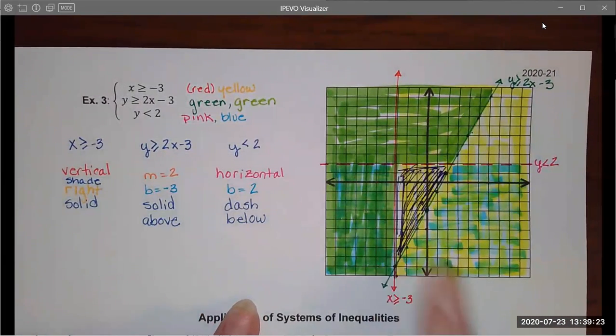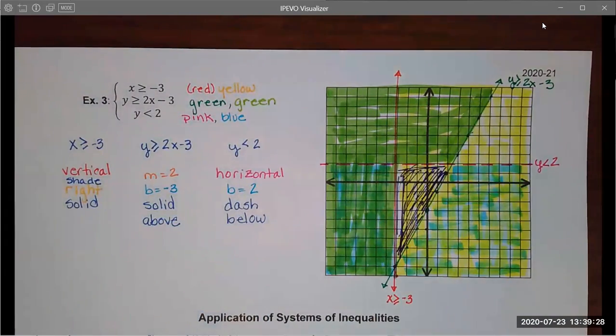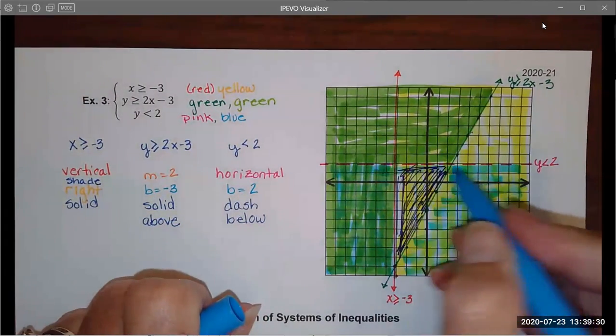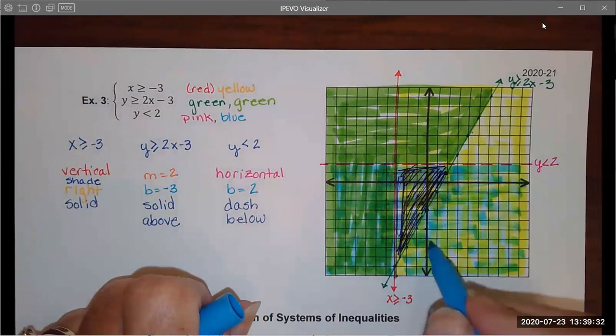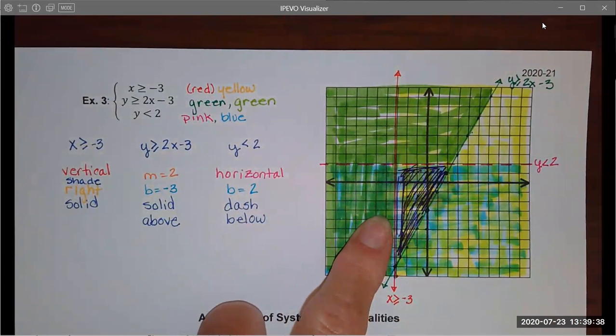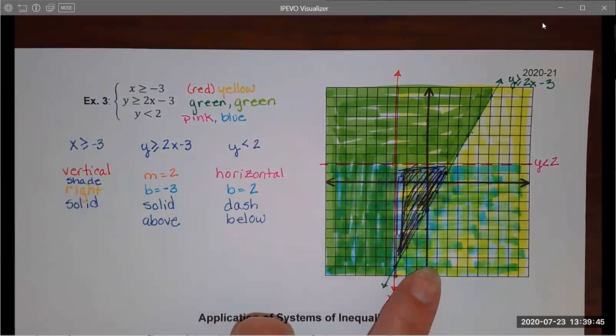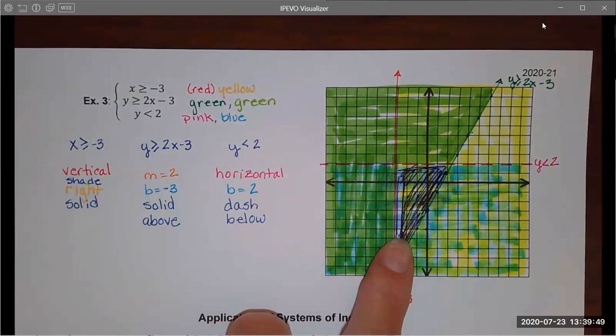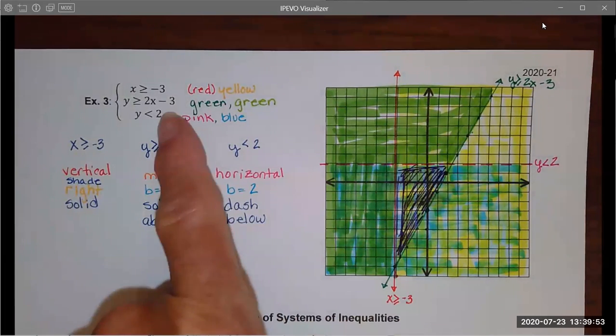This is our solution set. It's the area that has all 3 different regions shaded. And just to be thorough, I would shade this. There we go. Now I really have done it correctly. So all 3 regions, this region is represented with all 3 colors. It forms sort of an odd triangle-like shape. Any ordered pair that lies inside this purplish area represents solutions to all 3